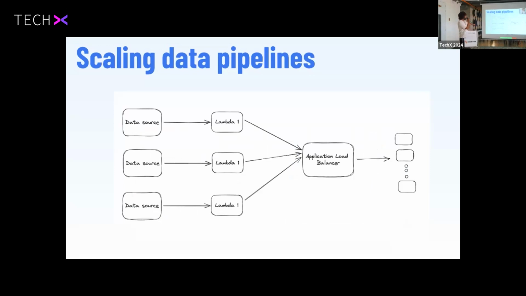So now what we did is that these Lambdas are scaled using AWS automatically. We don't scale them, we just give them a concurrency configuration and it scales automatically. So what we started noticing is that now our application load balancer was not directly receiving the traffic. The Lambda was processing a bunch of things and then it was eventually giving it to the application load balancer, which would give it to the EC2 instance. These Lambdas at a single point of time would scale to, let's say for example, 500, 600 Lambdas running for 5 minutes, and then at the 6th minute 0 Lambdas are running. So you're only charged for that 5 minutes and nothing else.